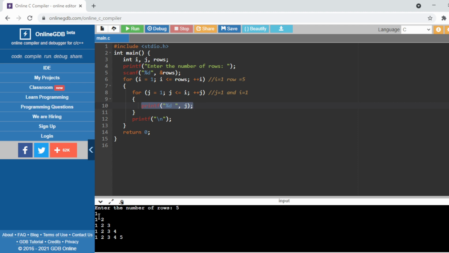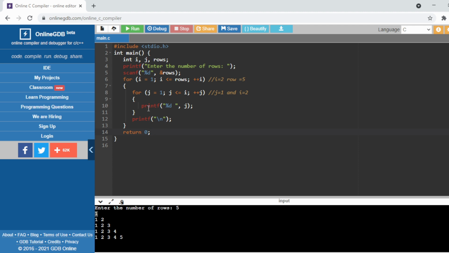After that j will increase, but the value of i will remain the same. The value of j becomes 2 while i remains the same, so your condition is false. Then it will go back to the outer loop. Now the new value of i equals 2, but the value of j starts with 1 always, and the new value of i equals 2.